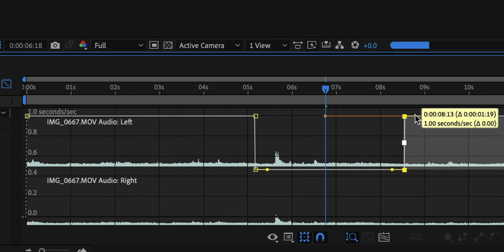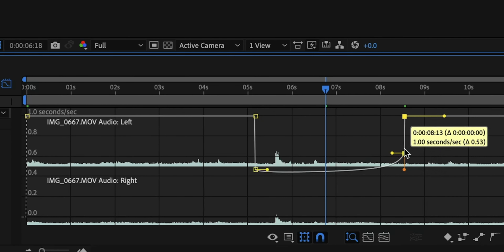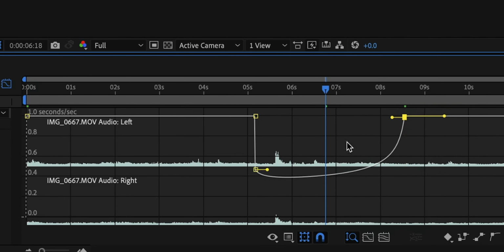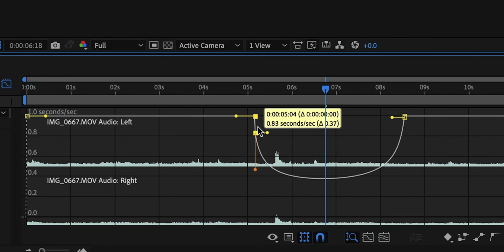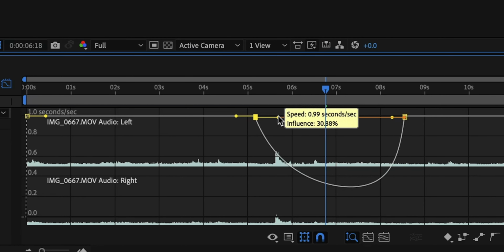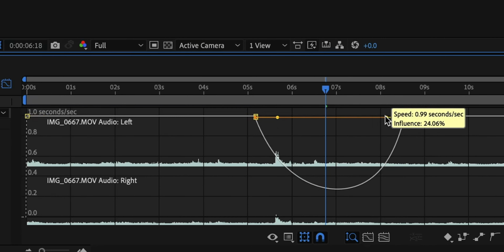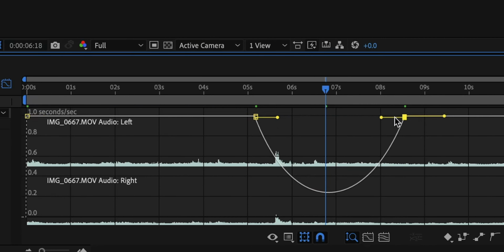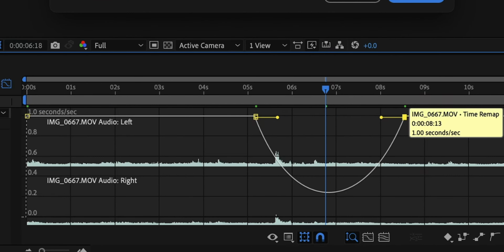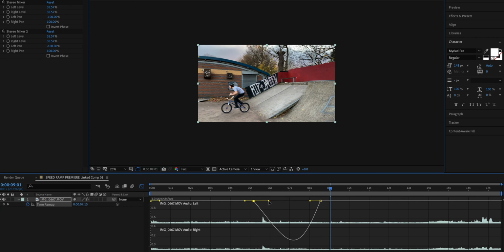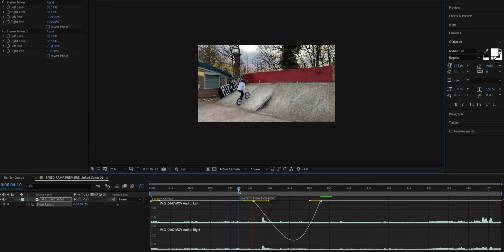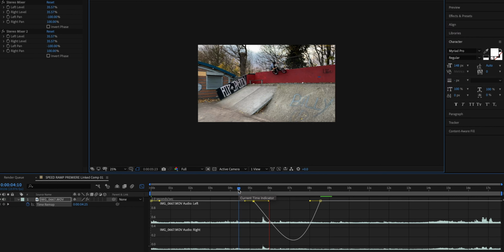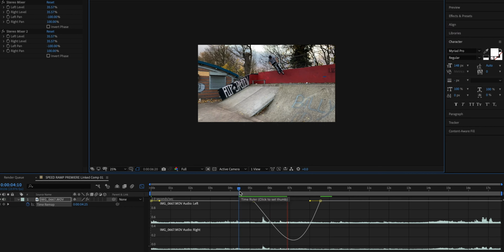Now simply grab this line here and stretch it out. Then grab these two endpoints at the bottom, hold Shift and drag them up to the top until it says 1 second. Now you can either drag this point to manually set the influence or double click on the middle point and change it to a percentage you're happy with. 99% of the time, I go with 30%. So once you've set your influence, you can then drag the right point backwards and forwards until you get the perfect slow motion or speed up.